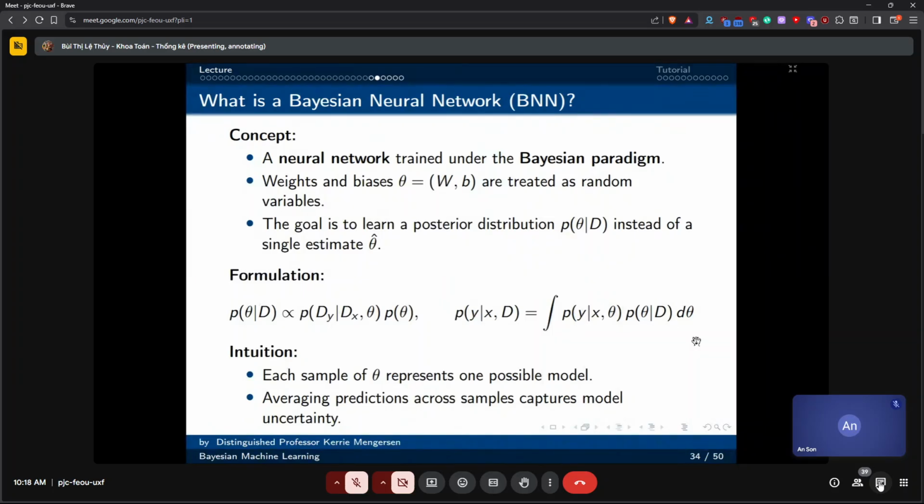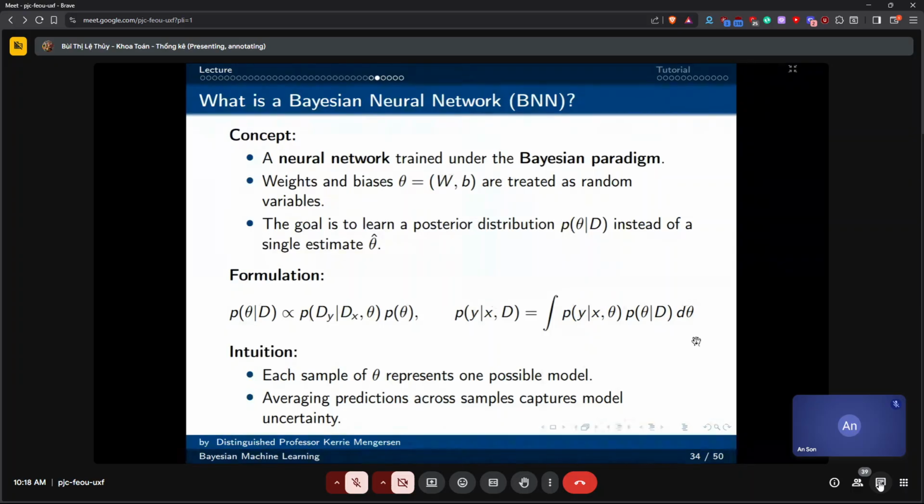So again, we have this formulation where the posterior distribution for these parameters in our neural network, given the data, is going to depend on the structure of the neural network and the data that we have available, times the prior that we put over each of these different parameters.